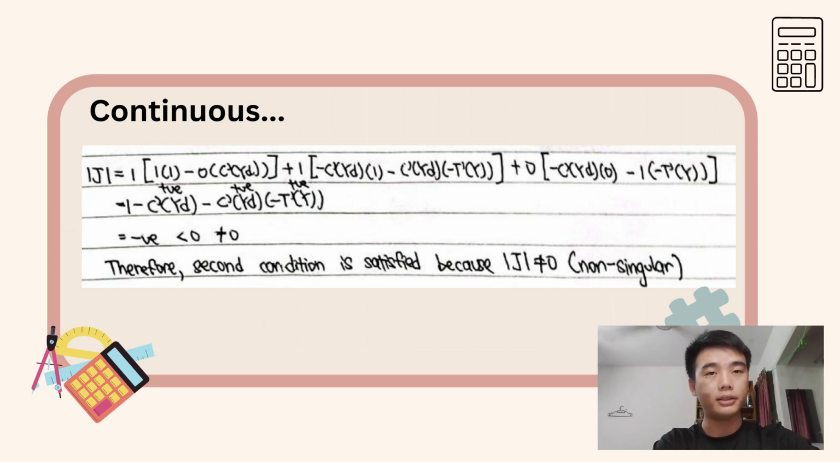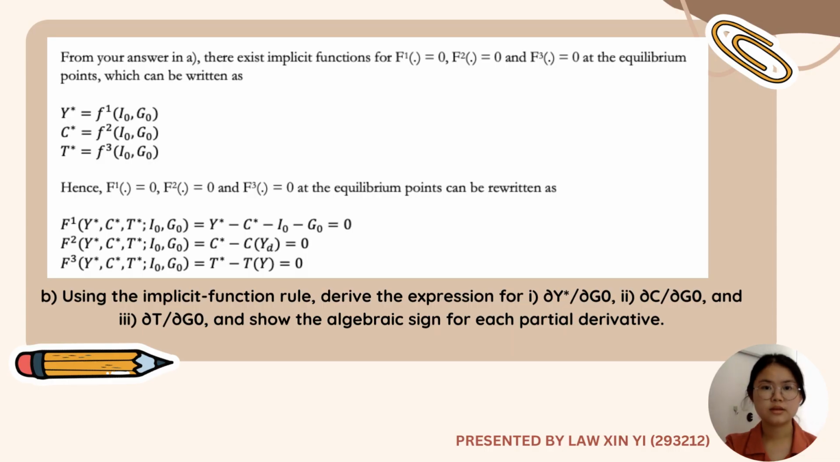And in the end, the answer is negative, so they are not 0. Therefore, the second condition is satisfied because the Jacobian determinant is unequal to 0 and not singular. Now let us move to question B, which asks us, using the implicit function rule, to derive the expression